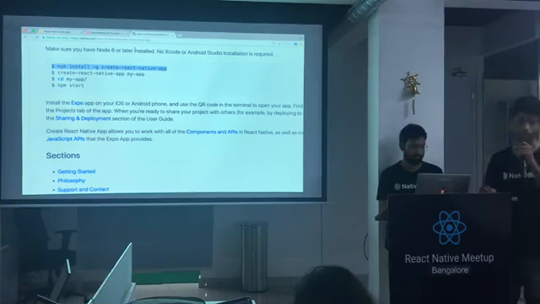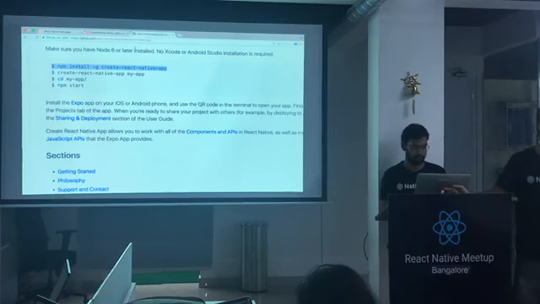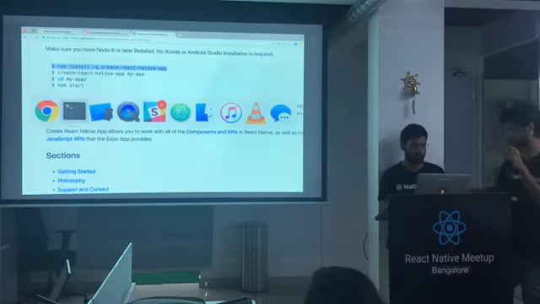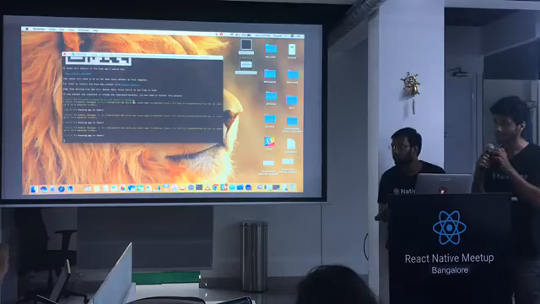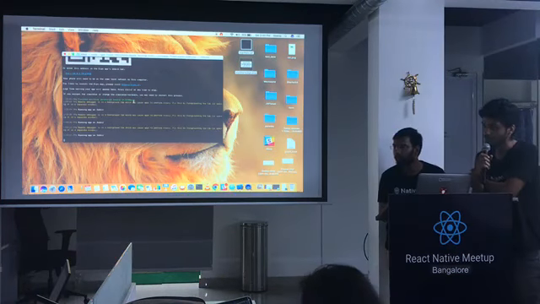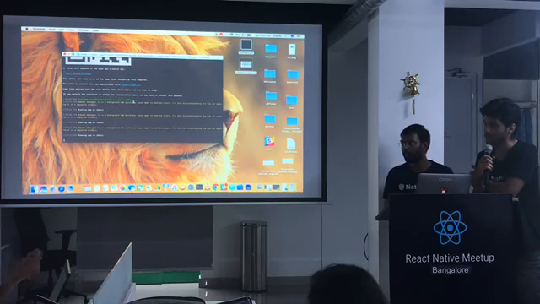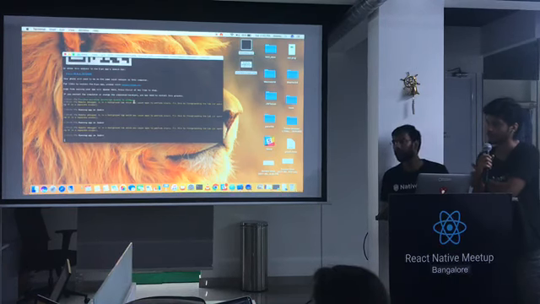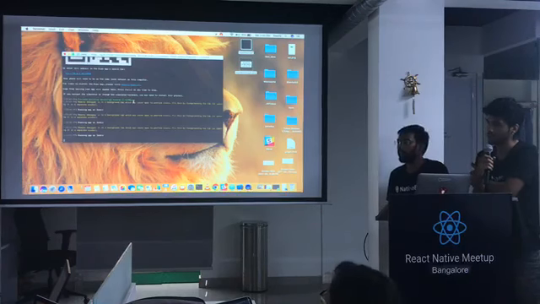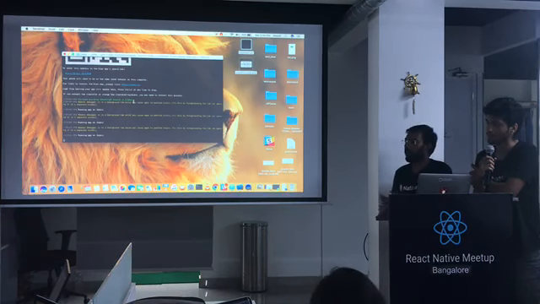Can we move to the live coding session? Sorry for the interruption. CRN actually stands for Create React Native. Is it more of a superset of Expo? Expo is more of the implementation of this. Basically, Expo first came up with this idea, then they collaborated with Facebook, and Facebook gave the name CRN.